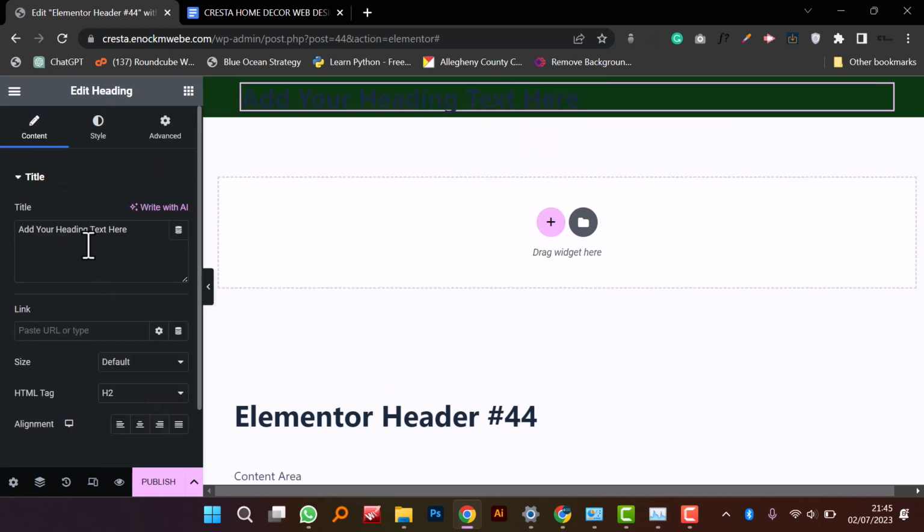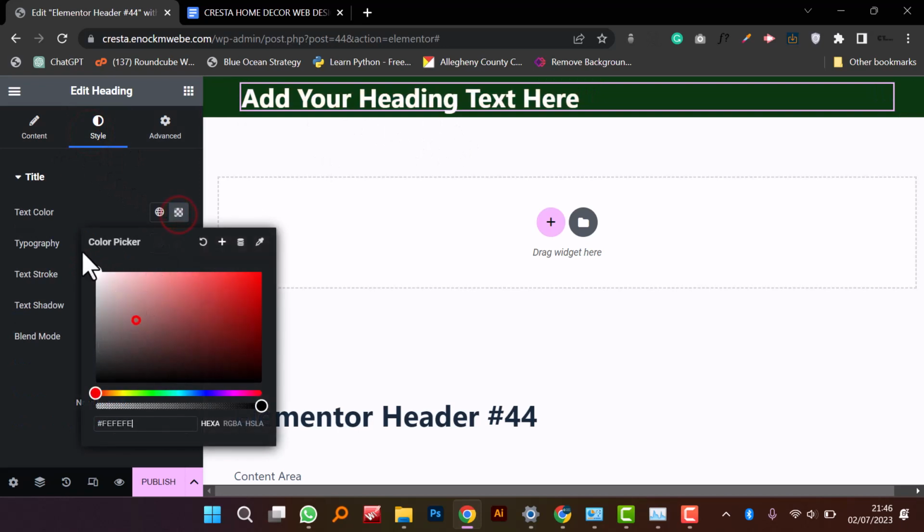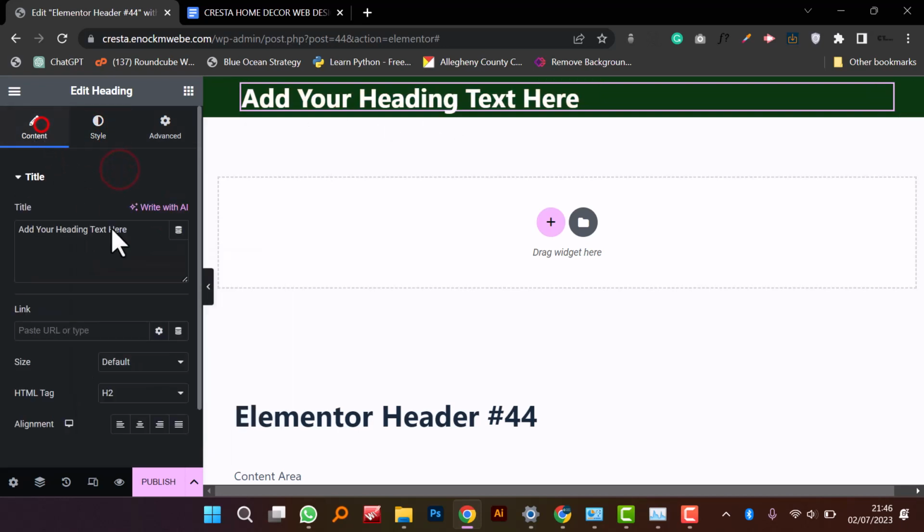And this text is gonna have, right now it's dark, so I'm gonna go to style and change the text color to white. Yeah, and I'll say free. Let's say you're having a sale, or you're offering some free shipping or anything that you want to mention. For example, in our case would be free shipping